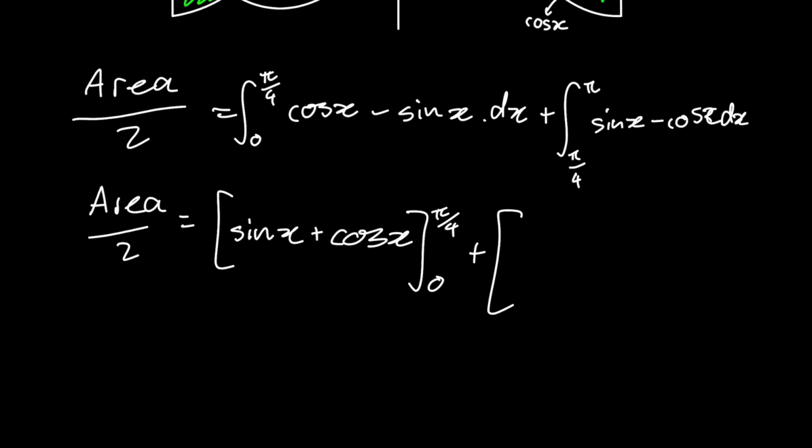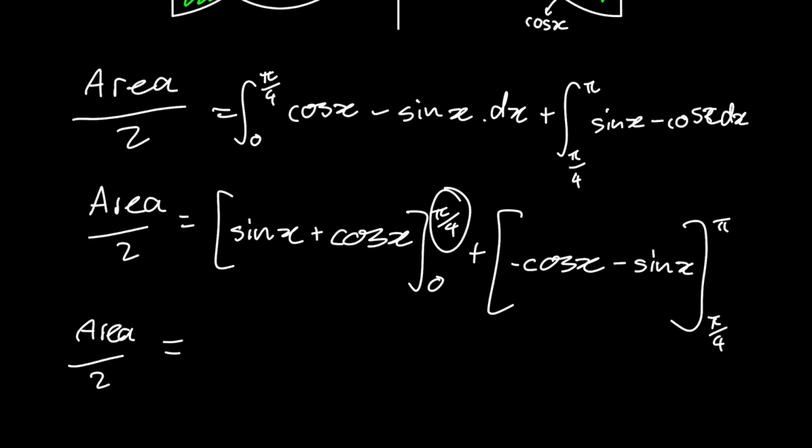And that's plus, now we have to do this integral. So the integral of sine of x is negative cosine of x, and the integral of negative cosine of x is negative sine of x. And that is from pi by 4 to pi. And of course, we can check it by going backwards. So the derivative of negative cosine of x is sine of x, and the derivative of negative sine of x is negative cosine of x. Okay. Now continuing,